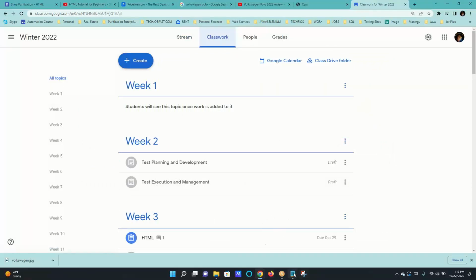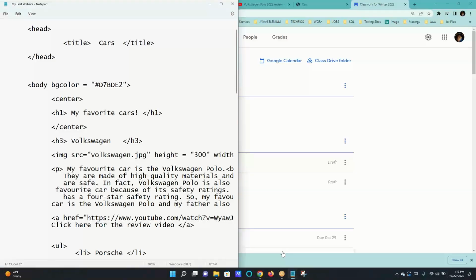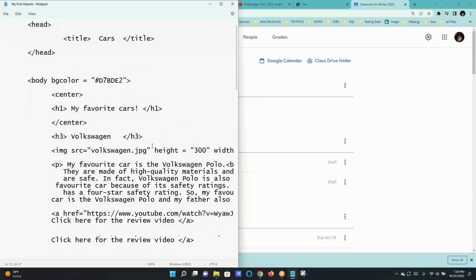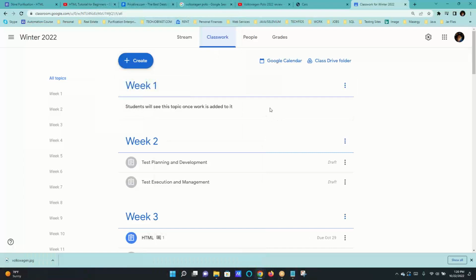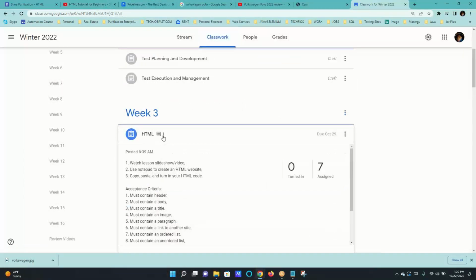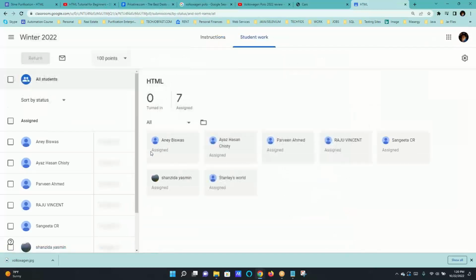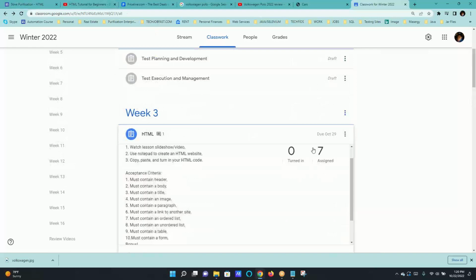And suppose you already opened up your notepad and you wrote your code in here and you saved it on your desktop. So you already have a file. That's all you got to do. You don't have to do anything else. You just go in here and say, oh, here's the homework, HTML. I'm going to view the assignment. This is, I'm going into the students, by the way. So in yours,